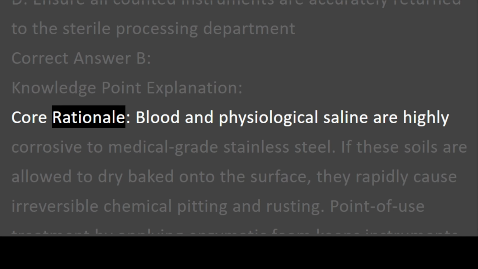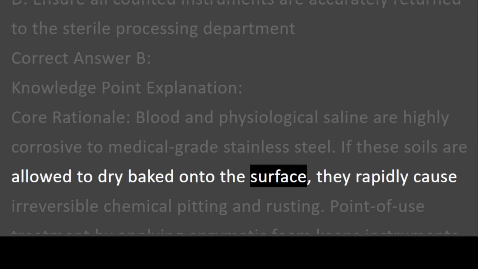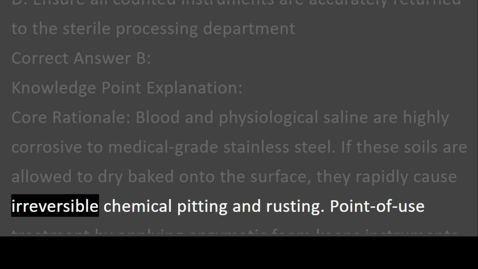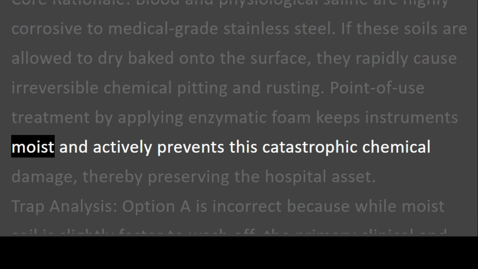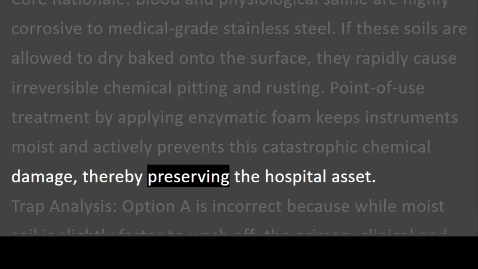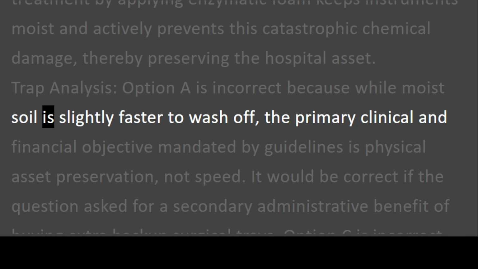Core rationale. Blood and physiological saline are highly corrosive to medical-grade stainless steel. If these soils are allowed to dry baked onto the surface, they rapidly cause irreversible chemical pitting and rusting. Point-of-use treatment by applying enzymatic foam keeps instruments moist and actively prevents this catastrophic chemical damage, thereby preserving the hospital asset. Trap analysis. Option A is incorrect because while moist soil is slightly faster to wash off, the primary clinical